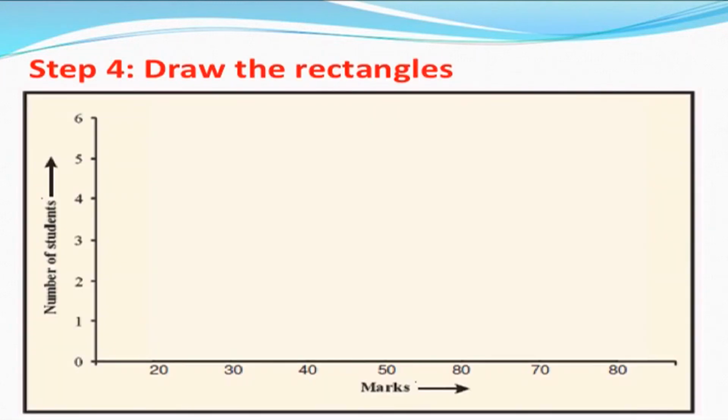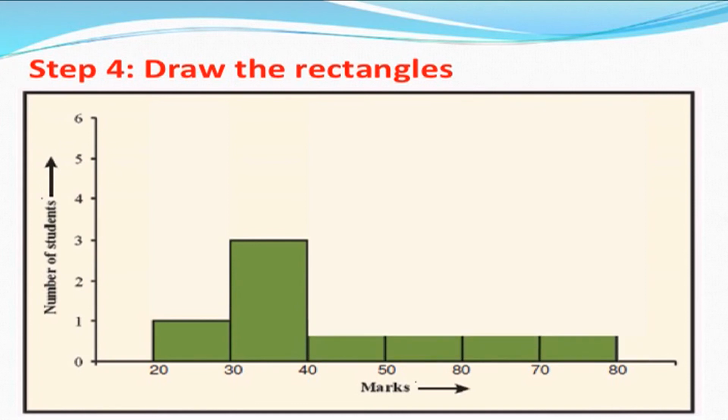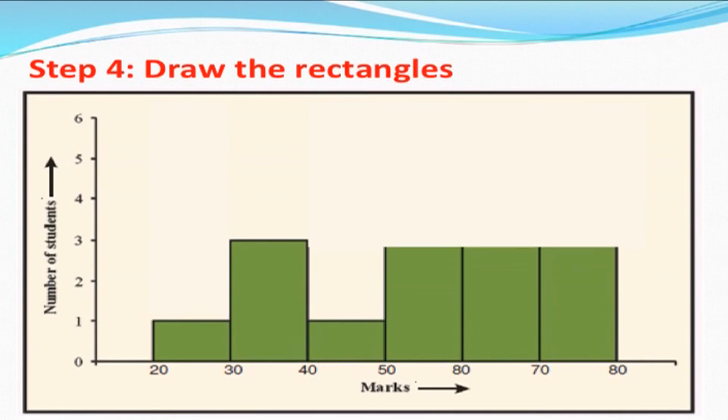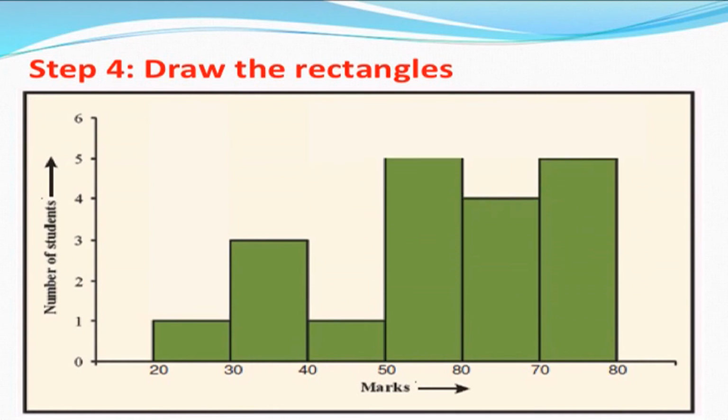Now we draw the rectangles. In the table we had that in the group of 20-30 there was only one student. So a rectangle is raised up to the height 1. So the area of this particular rectangle, we take 20 to 30 as a unit, which is 1. In the same way, 30 to 40 is considered: 3 students were there in the group of 30 to 40, so the rectangle is raised up to 3. In the same way, on the x-axis, every class considering a unit, we raise the particular rectangle up to the height exactly equal to the frequency given in the table.